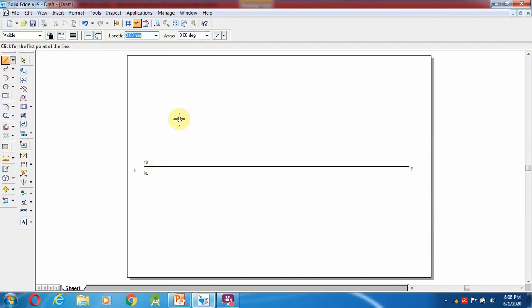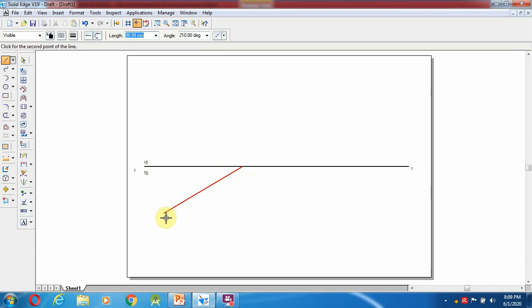So here, which is the VP? This is the VP. From the VP we are going to make it 30 degrees. So 30 degrees means 180 plus 30, a 210 angle, and we stop somewhere at a certain angle.